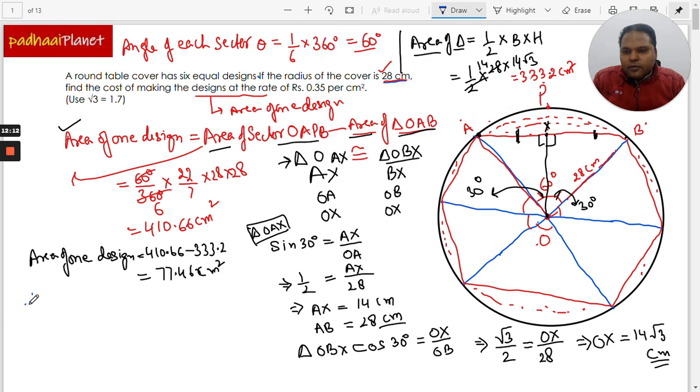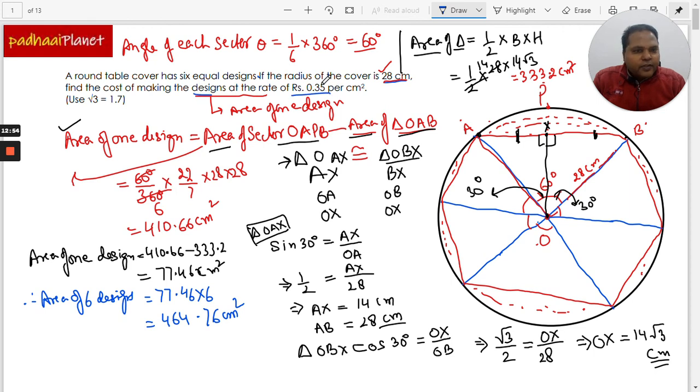So therefore the area of 6 designs is equal to 77.46 multiplied by 6, right? So that's like 464.76 square centimeter. And now that we've got the area of all the 6 designs,